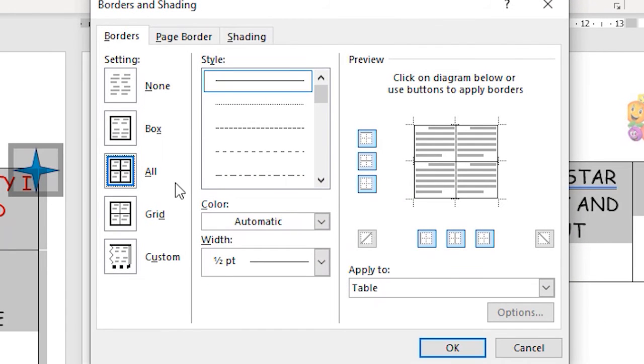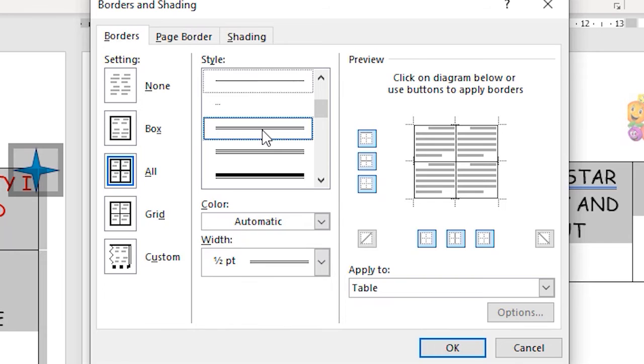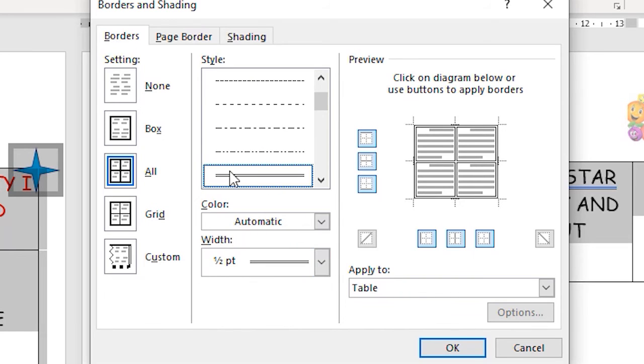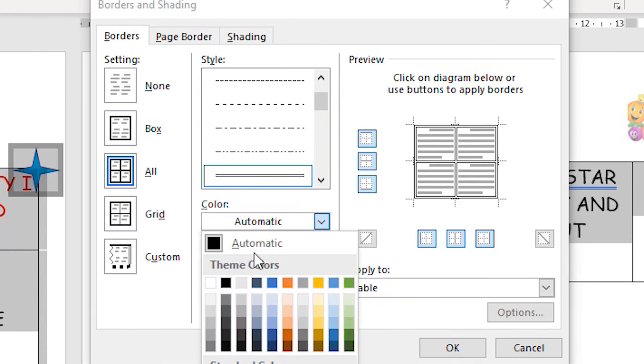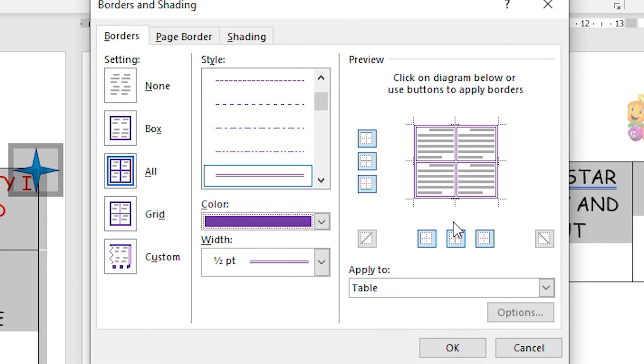In the borders and shading option, I will choose the various styles of borders which are available. I can choose any of the styles. I have chosen this style of double lines. Then I will choose the color of the border that I want. Okay, I take green color, or okay, let us take purple color. Now here I need to make sure that all the borders are selected. So you can see all the borders are selected. I am just clicking to make sure that everything is selected. Now once everything is selected, it is getting applied to the table.